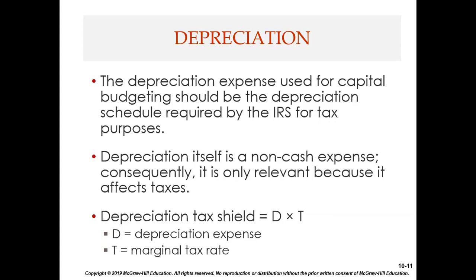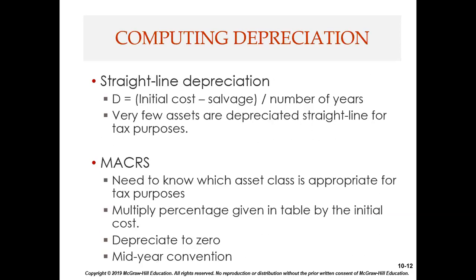Now, in our finance world, we have something called the depreciation tax shield. And we calculate that by taking the amount of depreciation for that year times the marginal tax rate. And that will tell us basically how much we're saving in taxes because we're allowed to deduct depreciation expense. Okay, now